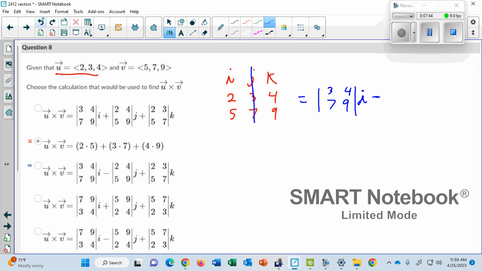So I'm going to have 2, 5, 4, 9, and then I have my j here, and then plus for my last one. And then same thing, I'm going to cross this part out, and I'm left with 2, 5, 3, 7, and k right there. Okay, so then I do the determinant, which basically is multiplying diagonally, so I get 27 minus